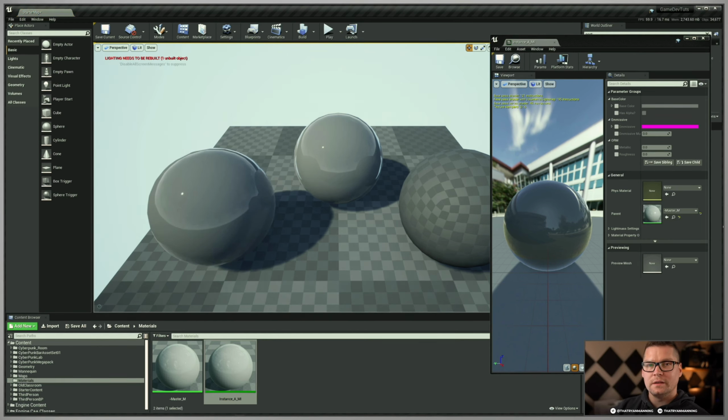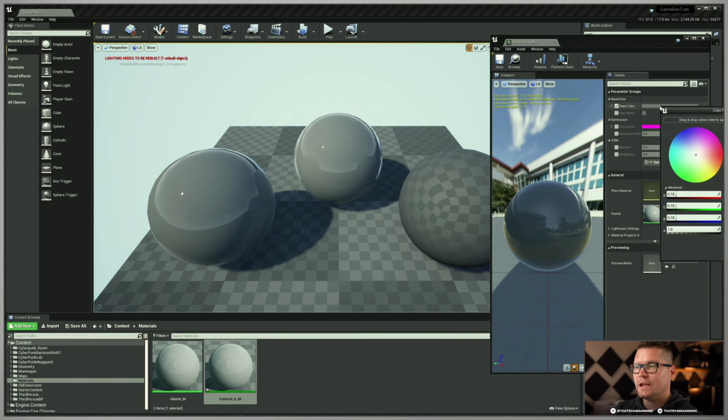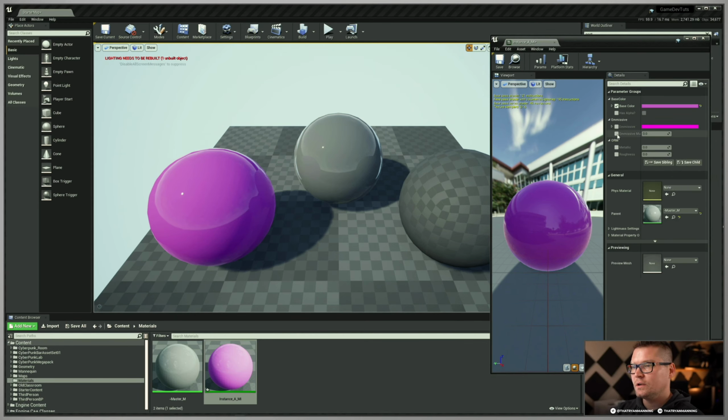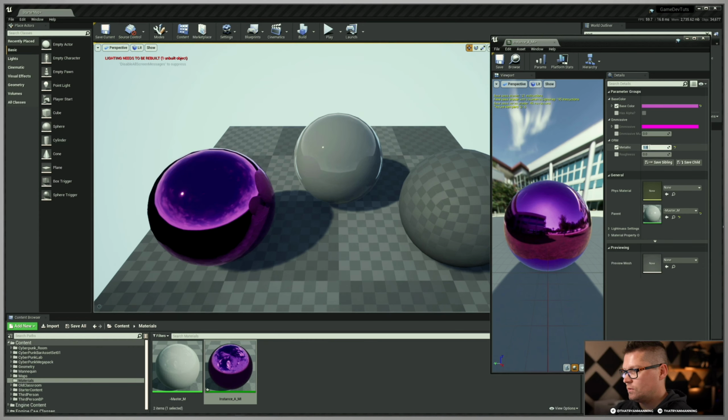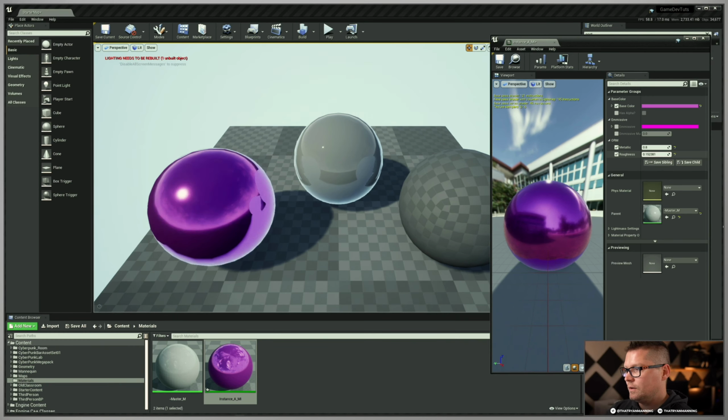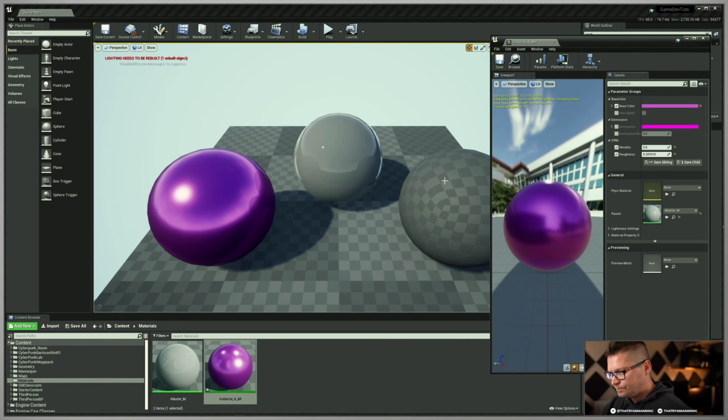Okay, so material instances, the beautiful part about this is I can actually go in from the original master and change various different things. So I could change the base color. I can actually give it some emissive. In fact, we'll keep that 0 for right now. But I could set it to a metallic sphere. Maybe we'll do this and maybe give it a little bit of roughness. There we go. Okay, so now that I have this material instance, which is great,